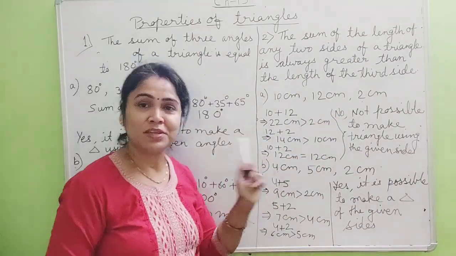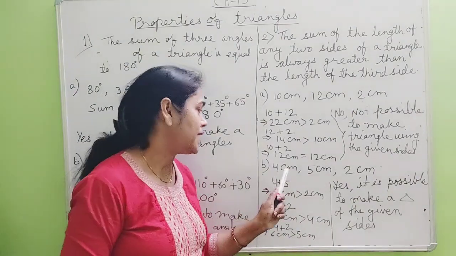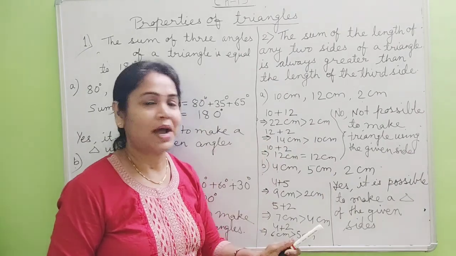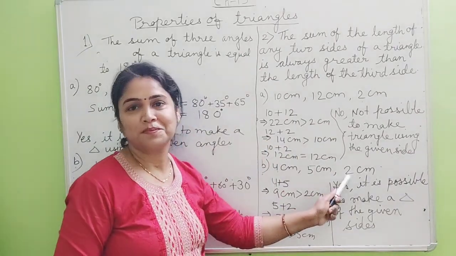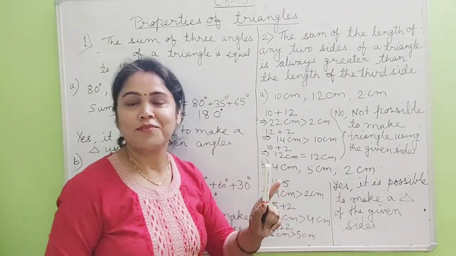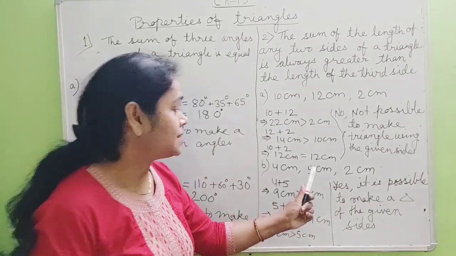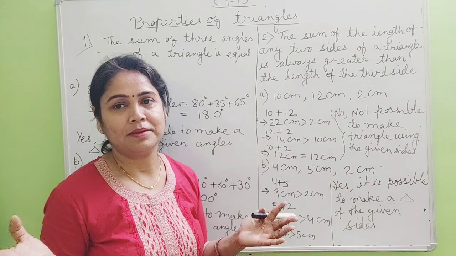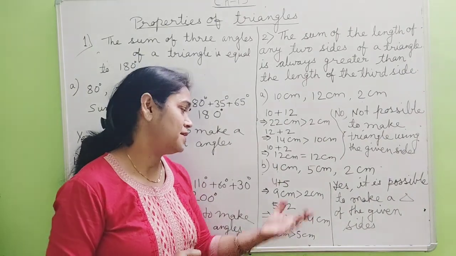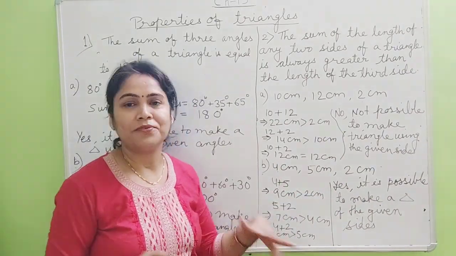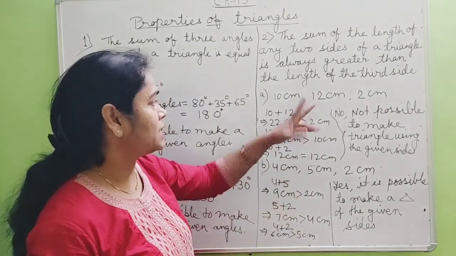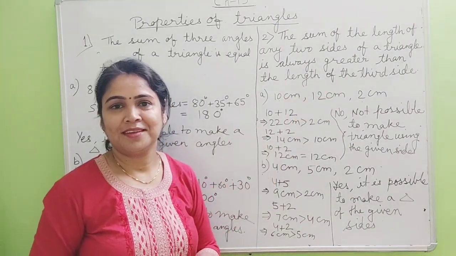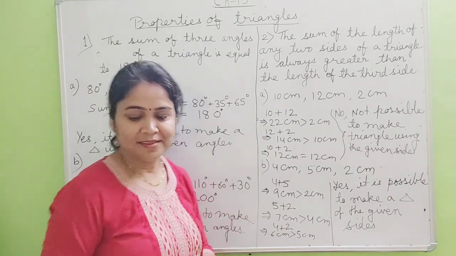Similarly, in this question, in short, what can you do? You can add the smallest ones. This is 4 centimeter and 2 centimeter. So you add these two, 4 plus 2. It is 6. So the sum of the two sides is greater than the third side, means it is possible that we can make a triangle. So these three checks are not required. If you are very sharp, very intelligent, you can do it only by choosing and adding the smallest two sides. Got it?